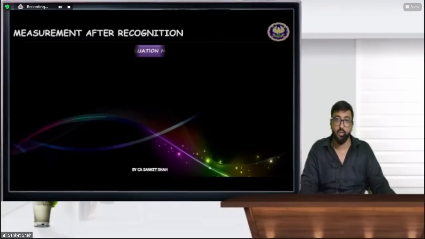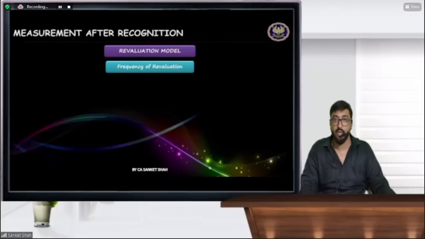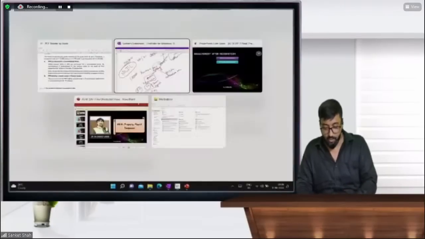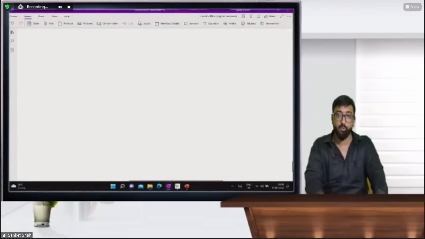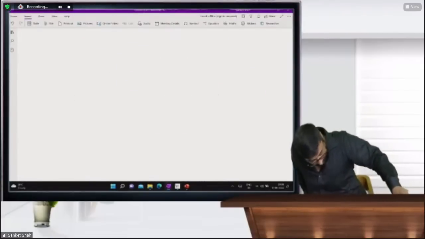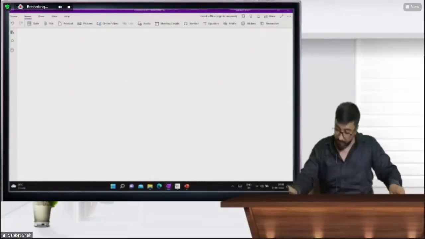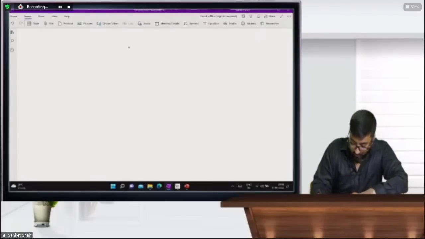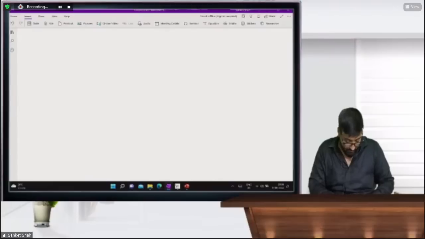Revaluation model, you understood what is revaluation model. Just now telling you about the revaluation model. Now, please understand, you already covered this in the foundation, so foundation students are aware of this revaluation. Now, explaining the last concept of the day, revaluation. Please have some patience. Chalo, recoverable amount is done. Now let's understand what is revaluation.